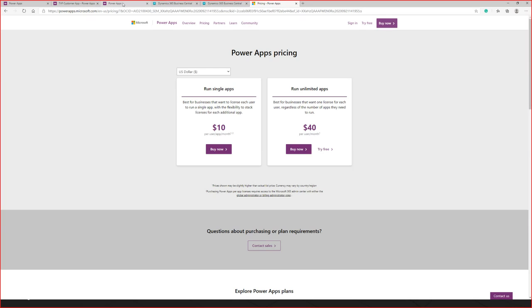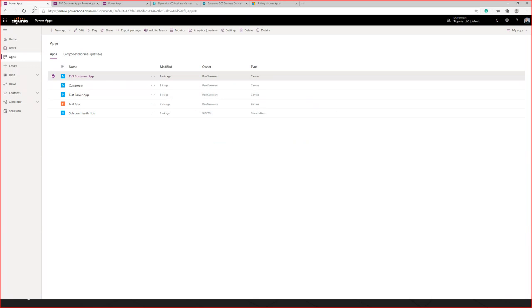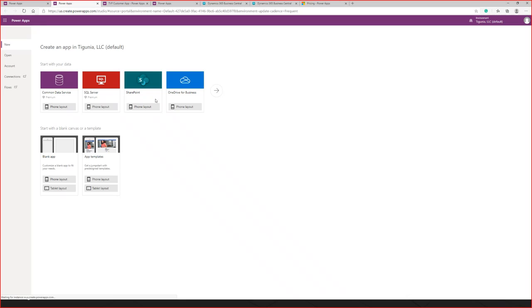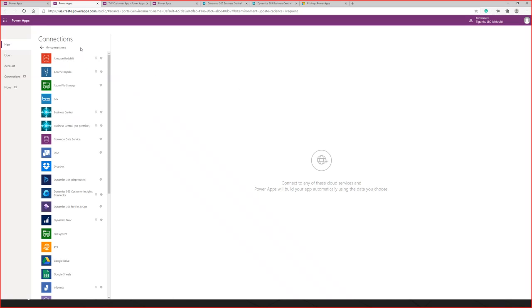So when you looked at Power Apps there, when I come in here and say new app in Canvas right here, and this is mobile based, this is what we're connecting to. So start with your data, and then I say I want to run a new connection. Here's everything we can connect to. So out of the box, as I talked about earlier today, Microsoft has all these out of the box connections. And so here's the Business Central that I set up. I did the Business Central on-prem, that's one we set, and this is Business Central up in the cloud.